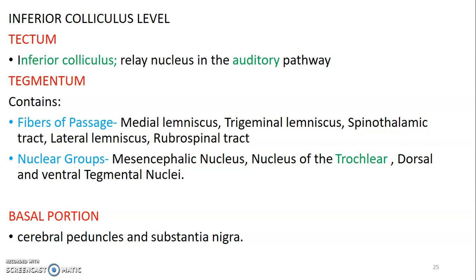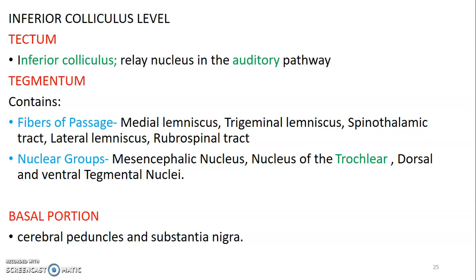Then there's tegmentum with the tracts and the nuclei, and there is cerebral peduncle and the substantia nigra. So those are the structures that are seen at cross-section. You can be asked to draw the cross-section of the midbrain at the level of inferior colliculus, showing the structures present. So within the cerebral peduncle, remember to show corticopontine fibers anteriorly, corticopontine fibers posteriorly, but the middle portion has corticospinal